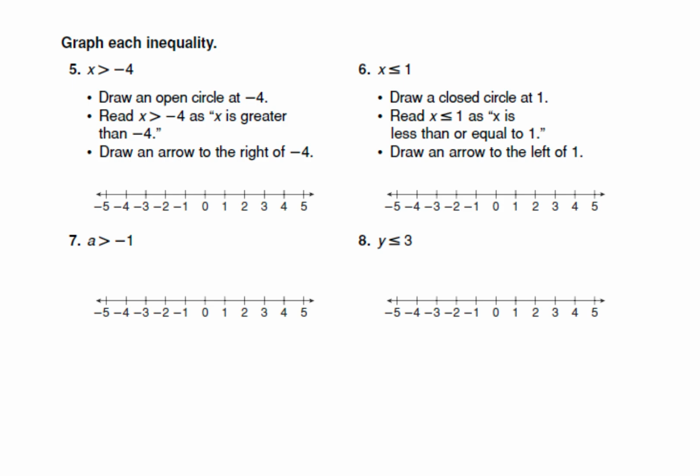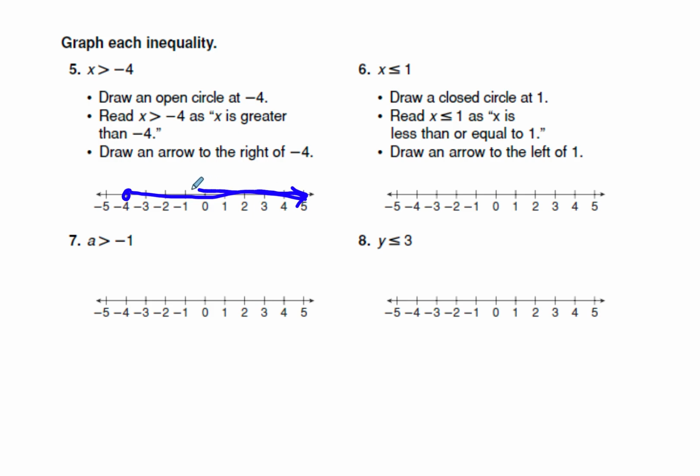All right, so let's do a little practice with graphing. This first one is x is greater than -4. We're going to draw an open circle at -4 because -4 is not a solution. Okay, then we look at that inequality symbol and we say x is greater than -4. And then we're going to draw our arrow and shade it to the right, because those are all numbers that are greater